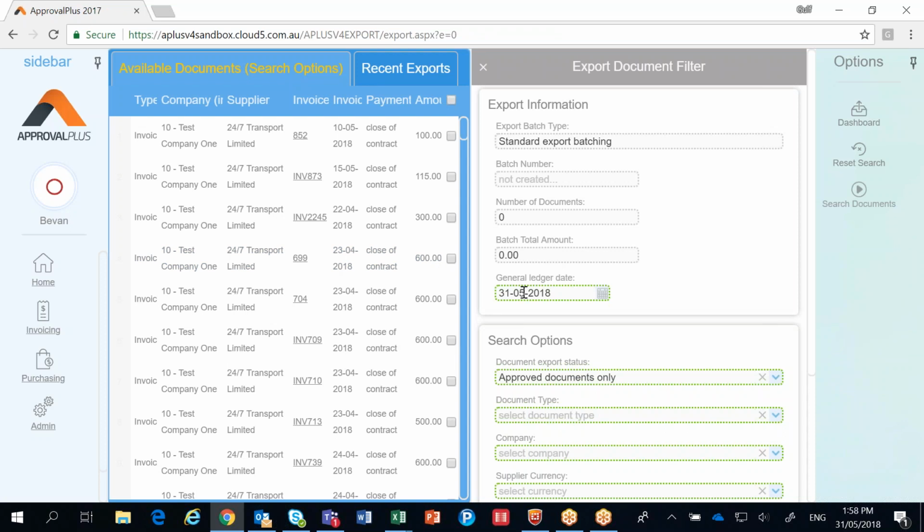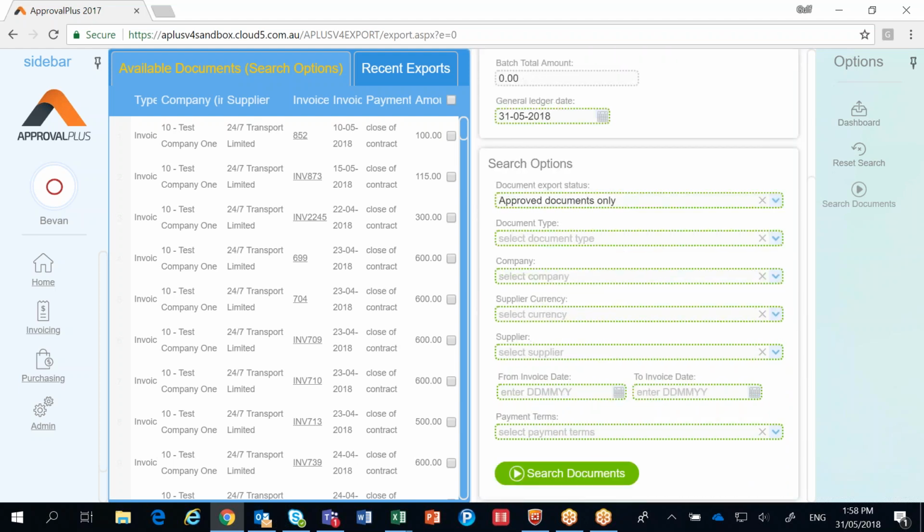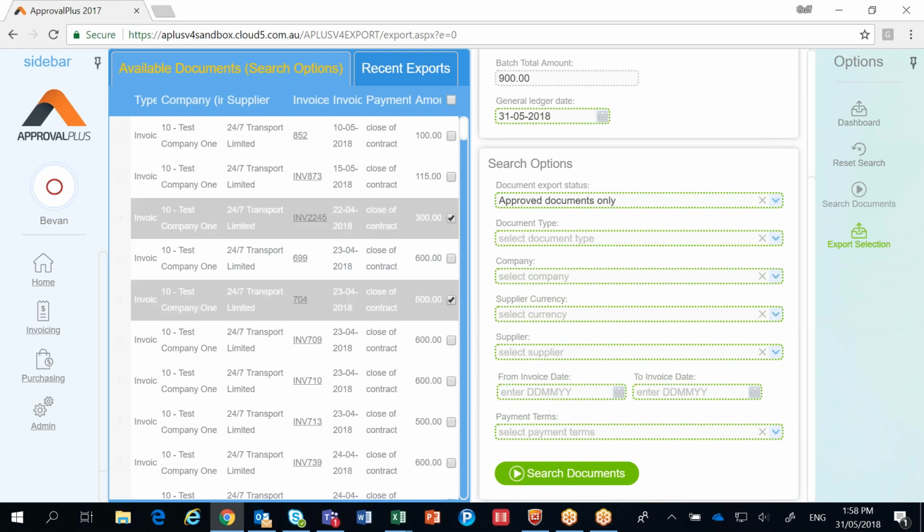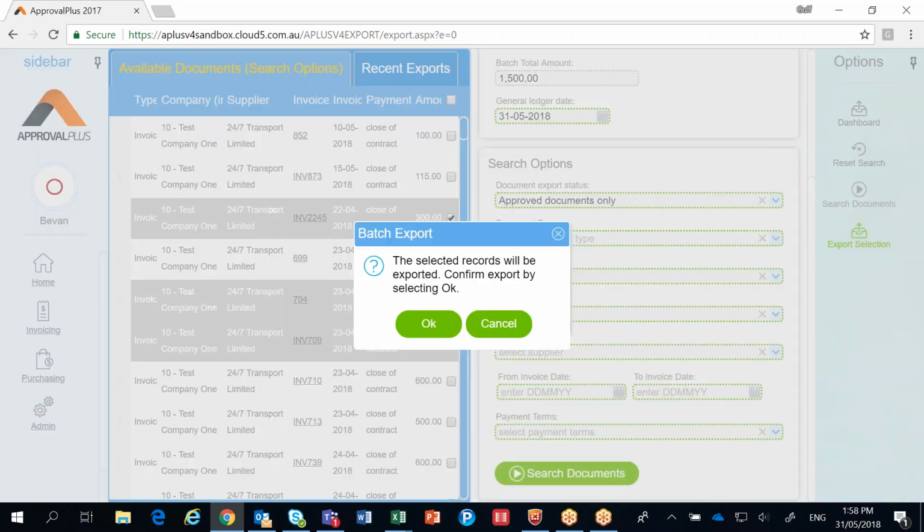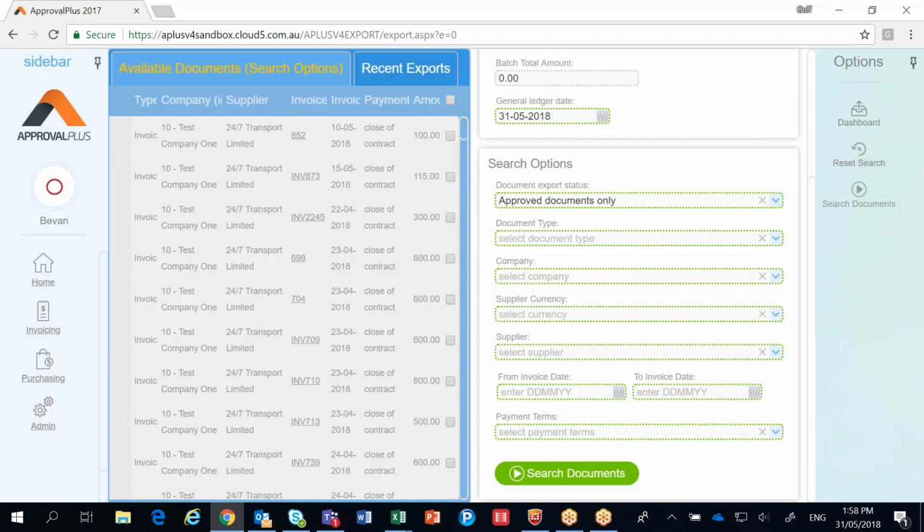There's some defaults created, such as the GL date they're going to apply to in the finance system. You could override that and push it back to the end of the previous month, for example. Or you might be filtering the list of approved invoices and only choosing to send certain things. Or you may even just want to say, I want to take certain invoices and export those. It'll create a batch at that stage with the information in it, including a link to the images of those invoices, and pass that to the finance system. There'll be an equivalent process in the finance system to store that and save it in the finance system as well. And that really is the main process of putting an invoice in,